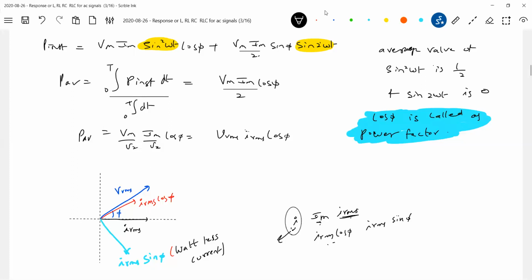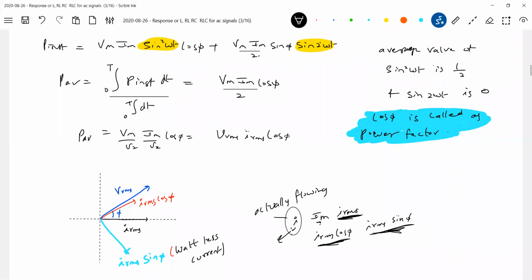And what about I_M? The current will be equal to I_M twice in one cycle. I_RMS is what the ammeter will measure. This is what is responsible for power. This is the thing which is not responsible for power. We are just breaking up things. This is what actually flows. Getting the idea, no? No component of I_RMS sin phi will generate power. Only I_RMS cos phi is responsible for the power here. This is called a wattless current.